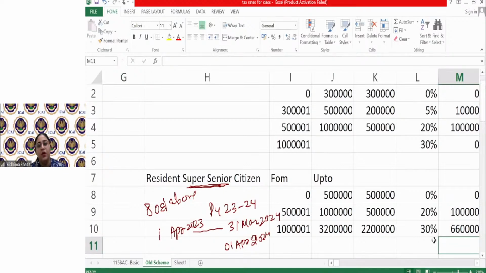Got it? So a resident senior citizen is a person who is of the age of 60 or more in the previous year. A resident super senior citizen is a person who is of the age of 80 and above in the previous year. The slab rates are varied for senior citizen and super senior citizen. When we talk about senior citizen, the basic exemption limit is,